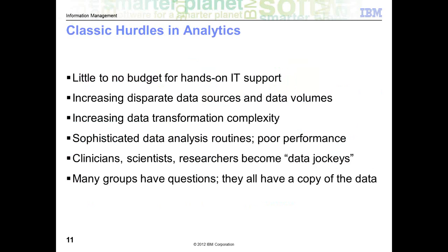When we talk to customers, the classic hurdles that we see, the number one thing that they complain about is that their data analytics tools are too slow for the questions they're asking. Our customers say that they have actually dumbed down their questions to match the limitations of their storage and their processing time. Furthermore, like everybody, they have constrained IT budgets, spend too much time trying to load the data, to